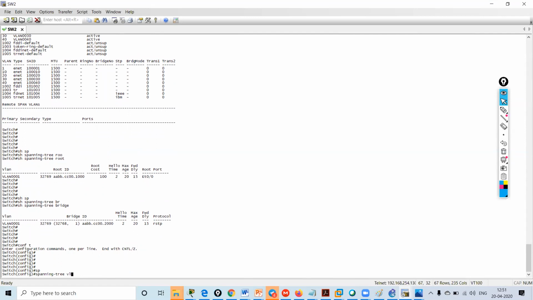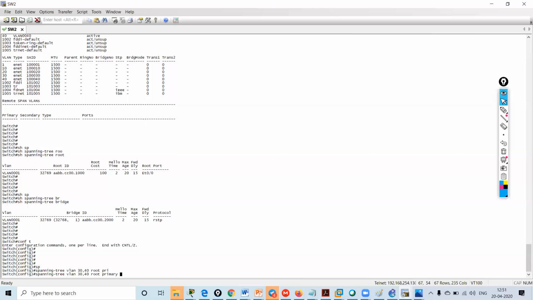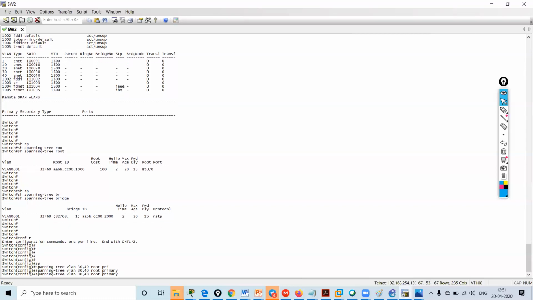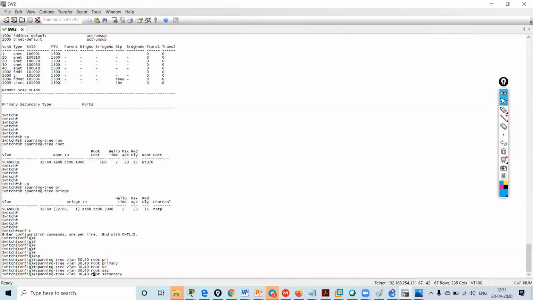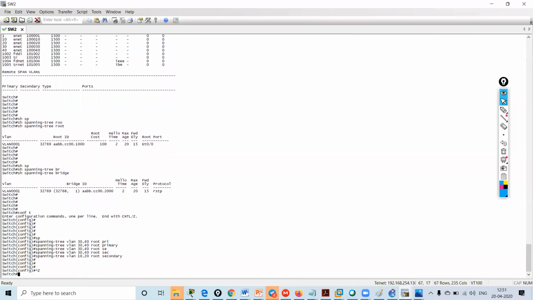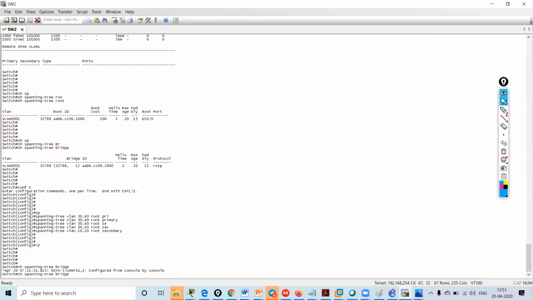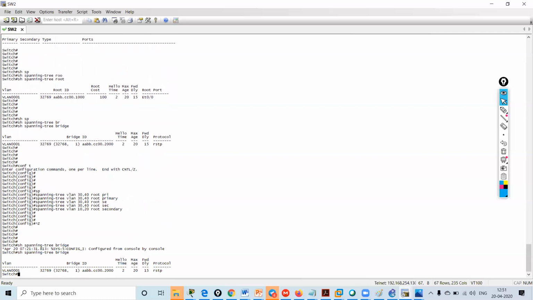Spanning tree VLAN 30 and 40 root primary, and for 10 and 20 it will be secondary. Show spanning tree. PVST.